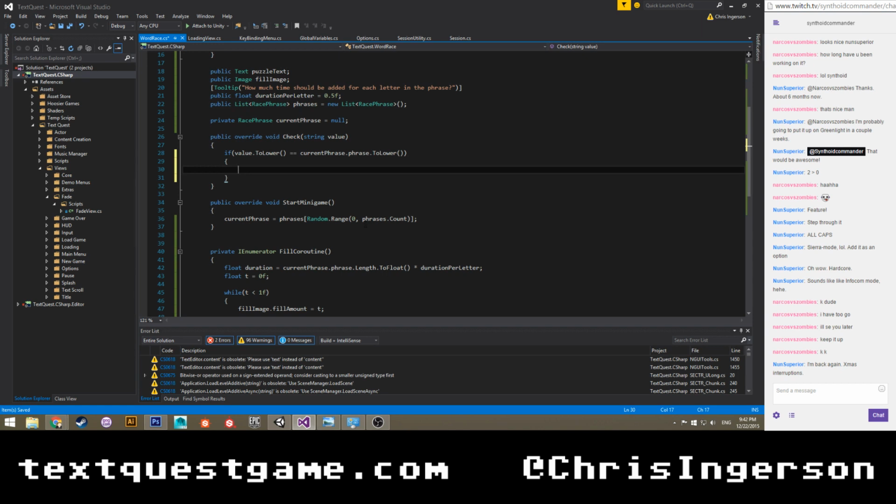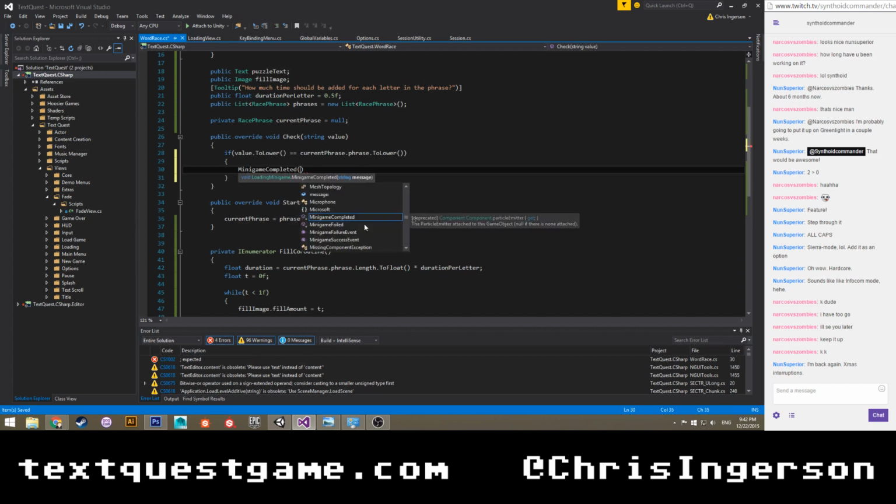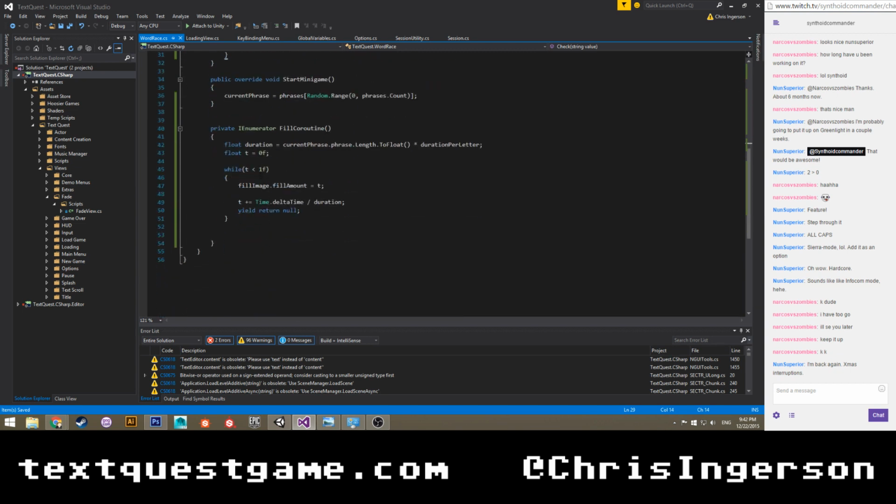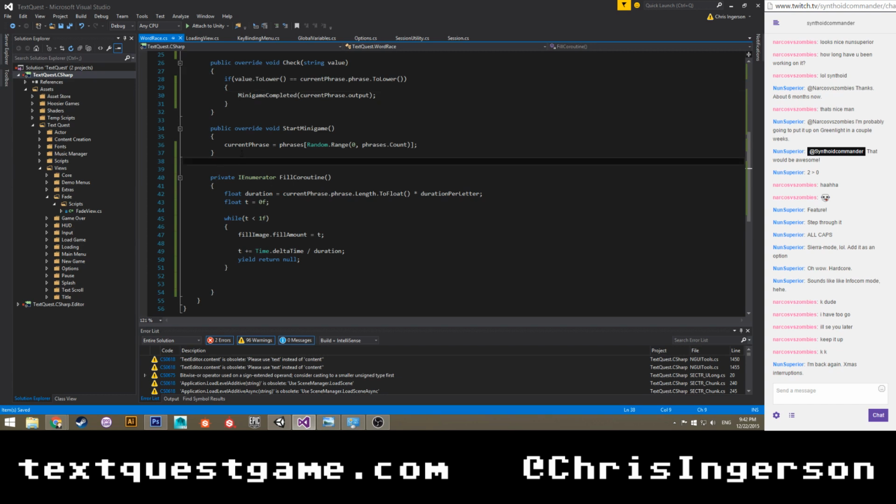Lost my train of thought. Minigame completed, I believe. And then current phrase dot output. So I'm still working on the second minigame. I think it's actually almost done. Hopefully.